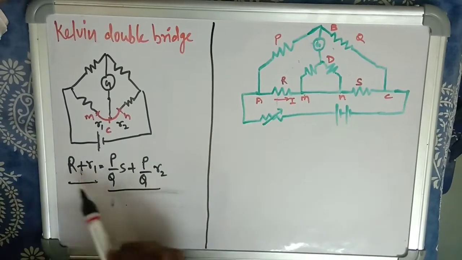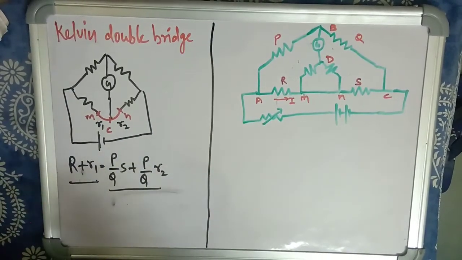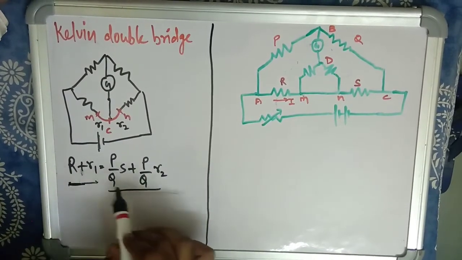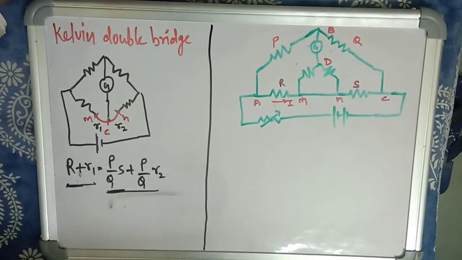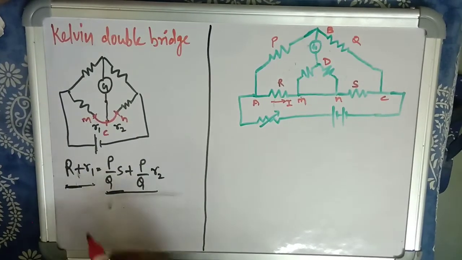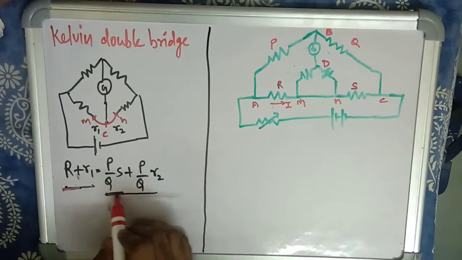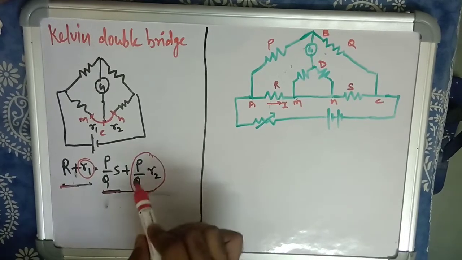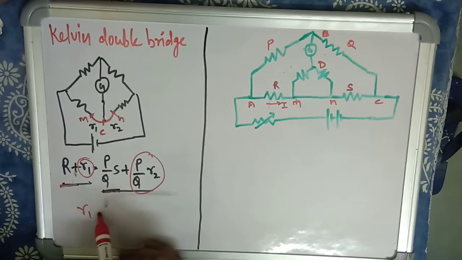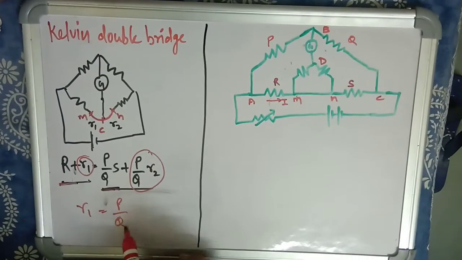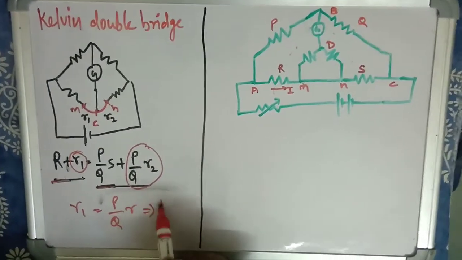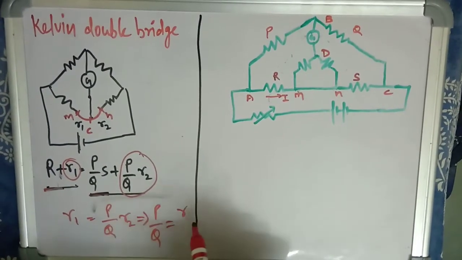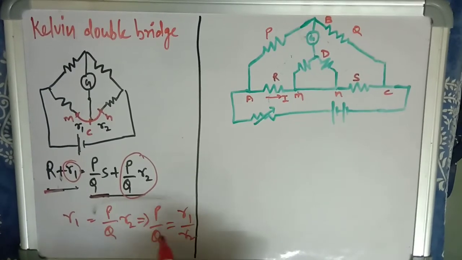For the same result as in the Wheatstone bridge, R equals P by Q into S, the R1 needs to be equal to P by Q into R2, or simply P by Q must be equal to R1 by R2. This is the basic concept behind the